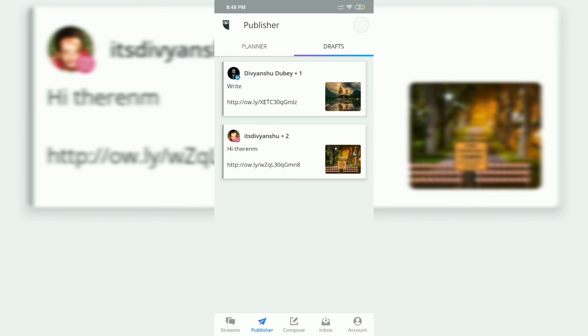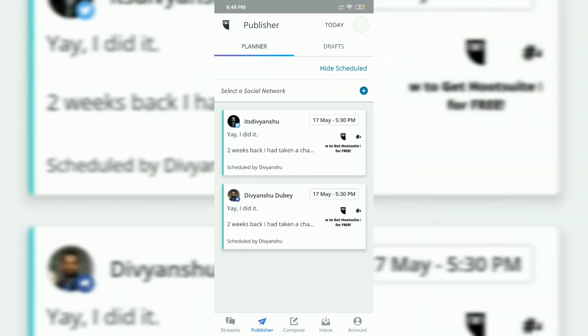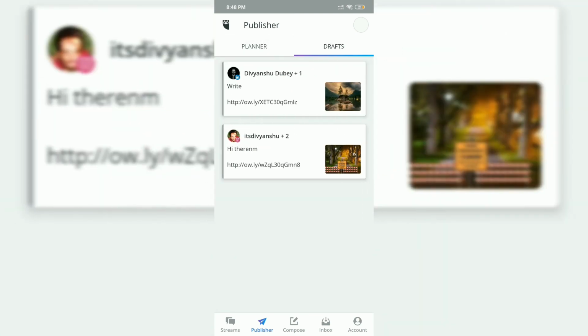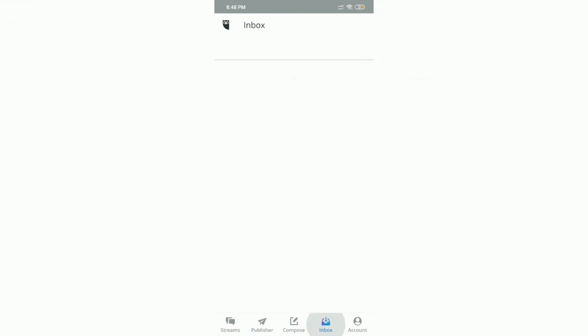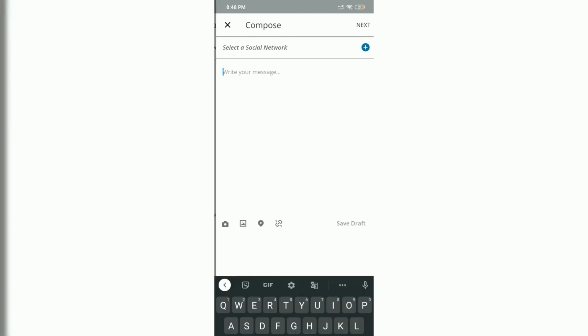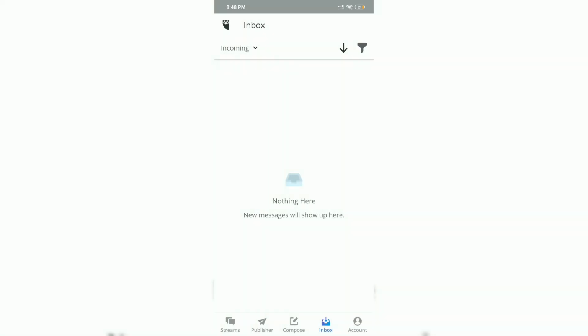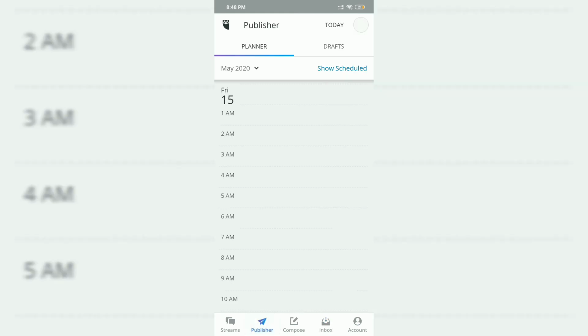So this is publisher and planner. This is planner, this is draft. So these are part of publisher. Compose message I have shown you. Then there is an inbox. Just in case you have any social media messages, whether on your Facebook page or your Twitter DMs, you can address everything.